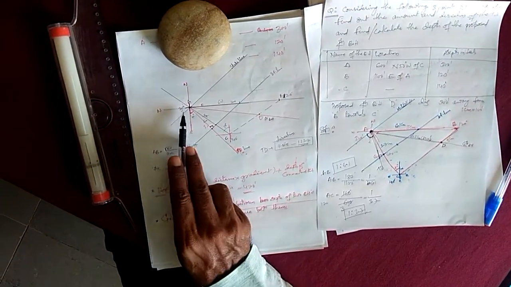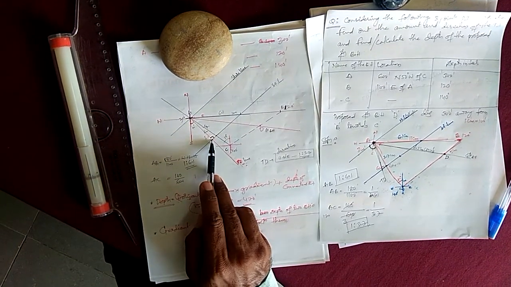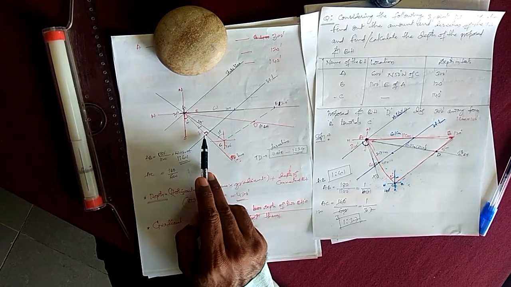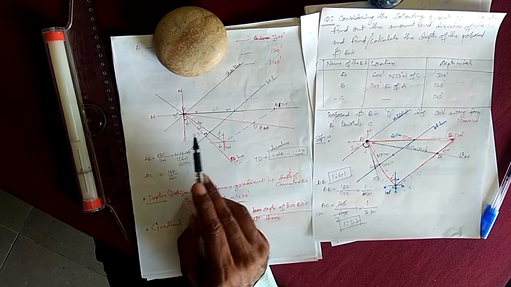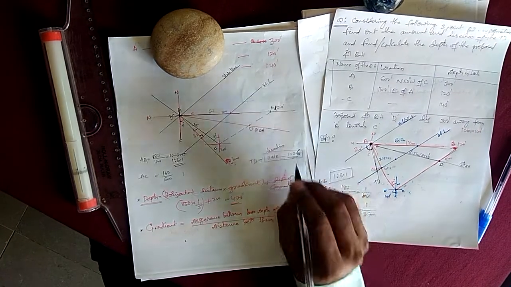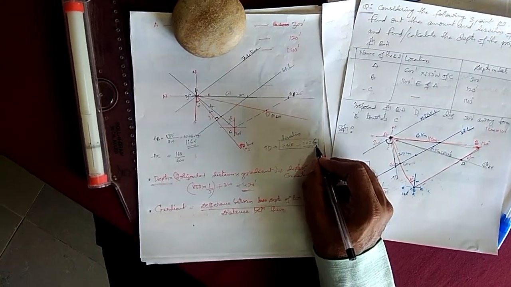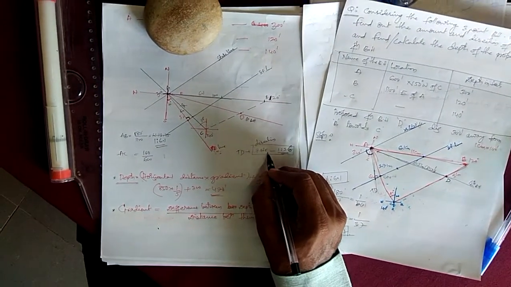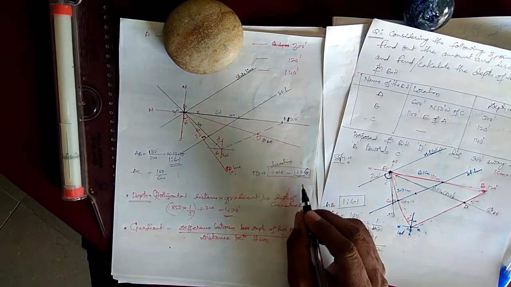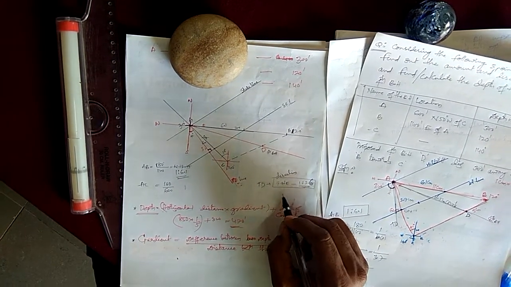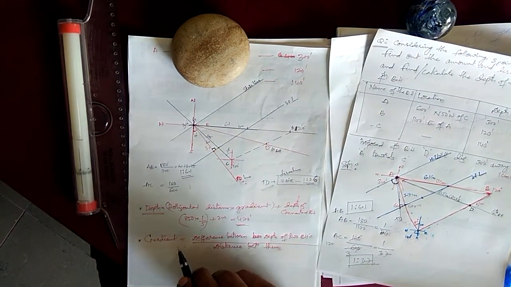And the distance from this point to this point is nothing but the amount. Somewhere I may get here 3.6 or 3.7. I have written here 3.7. It may be 3.6. Whatever you got, you write down. This is nothing but the amount. 1 is to 3.6 is the amount, and south 40 degrees east is the direction. So that is nothing but the attitude of the bed, or amount and direction of the true dip, friends.